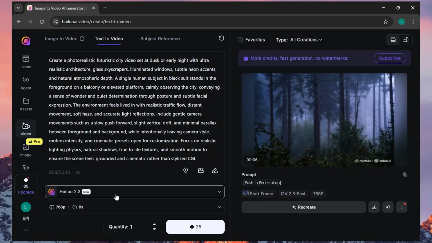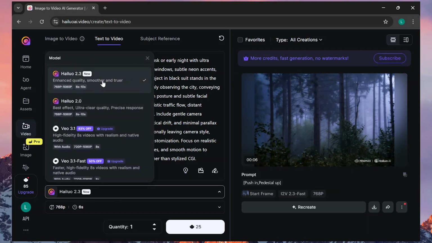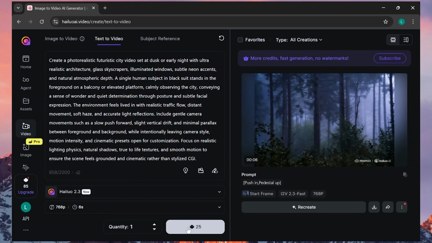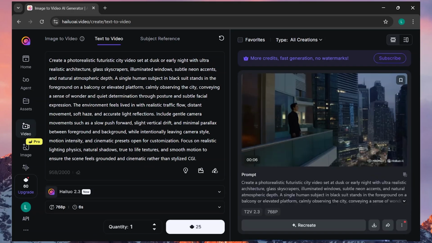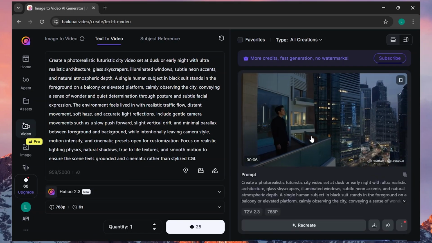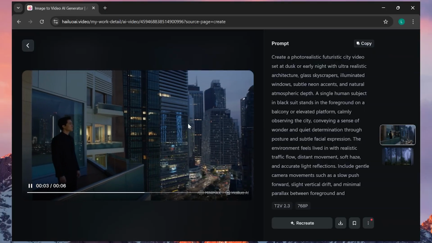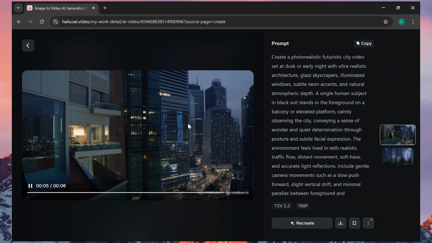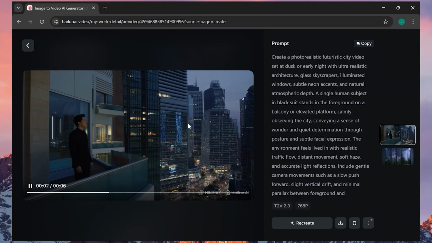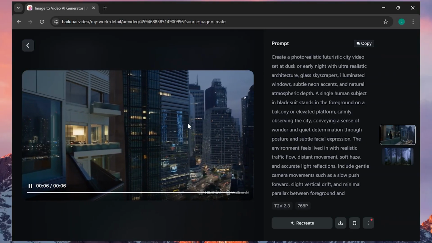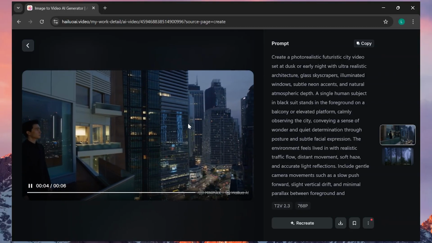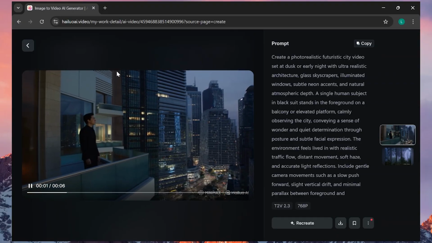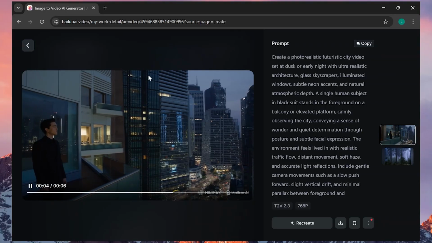And now I'll select this Hailuo 2.3 and simply go ahead and start creation of my video. And now our video is generated and this is the result, and I think it is like what I defined, that is a futuristic looking city with a guy standing wearing a black tie and a suit on a high balcony. So this was the creation, and again I can download this,